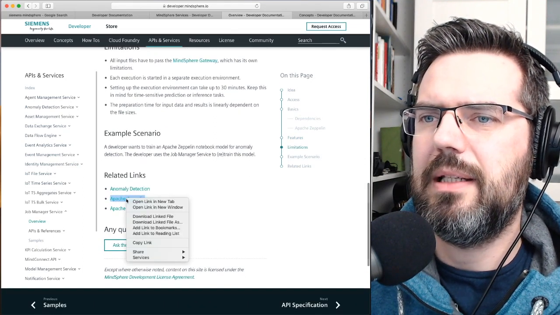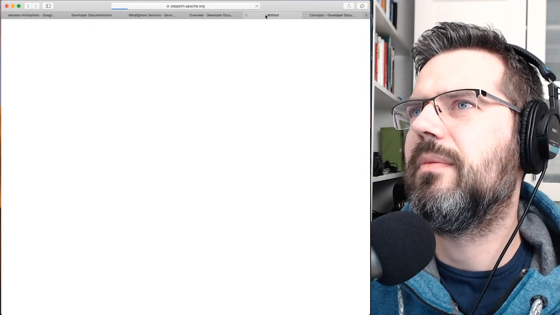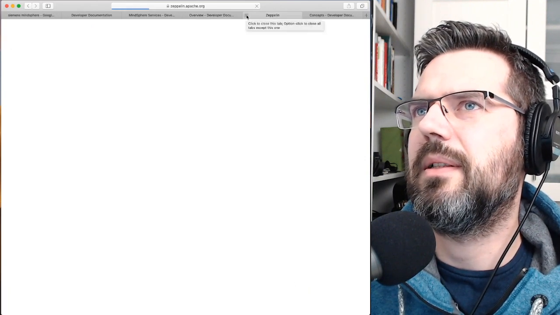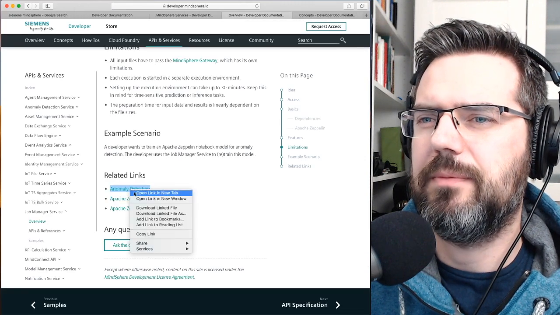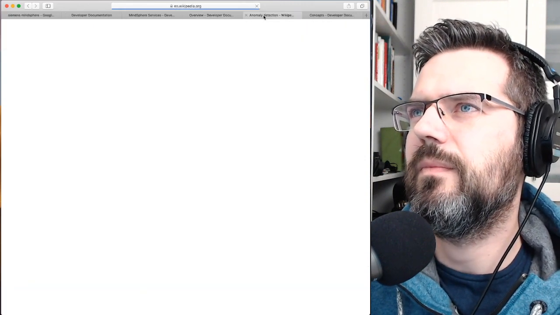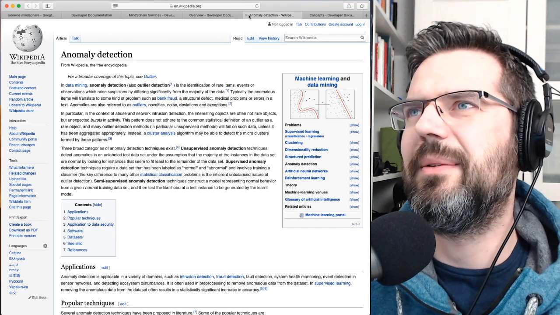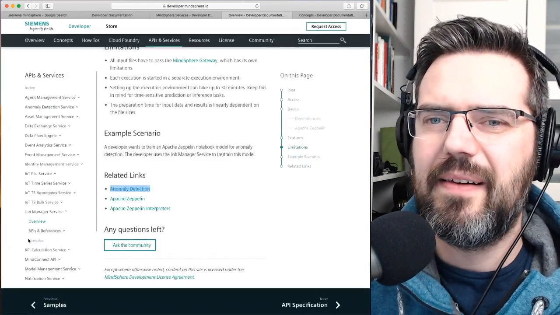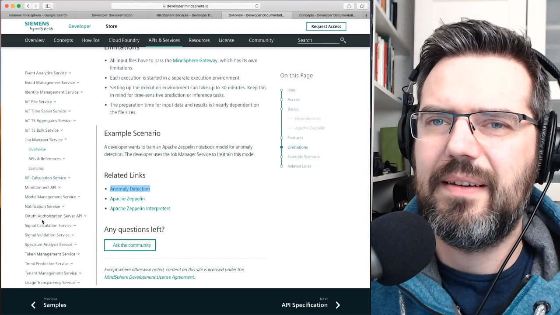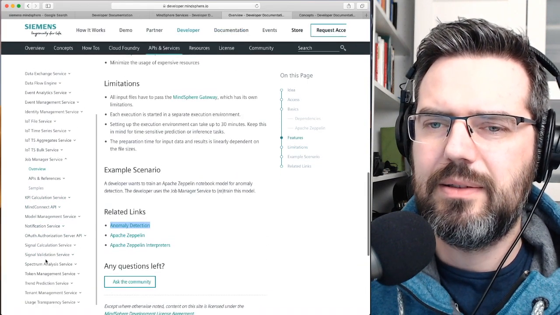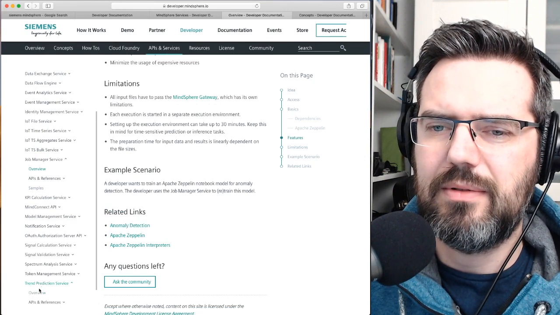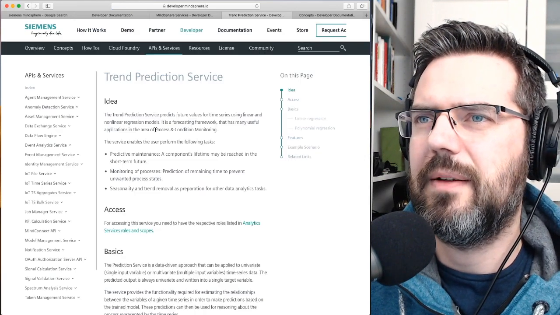Zeppelin related links. Where does that go? Zeppelin, okay. Anomaly detection. This one goes to, okay, Wikipedia. KPI calculation service, OAuth. Trend prediction service. That also looks very interesting.